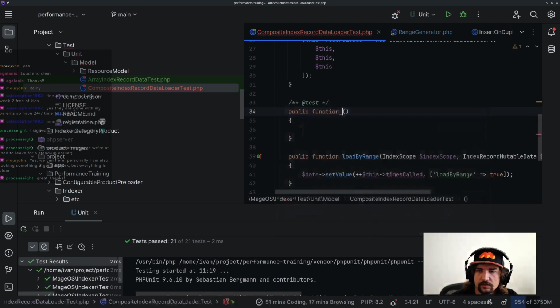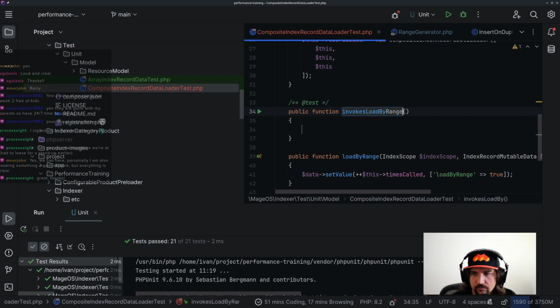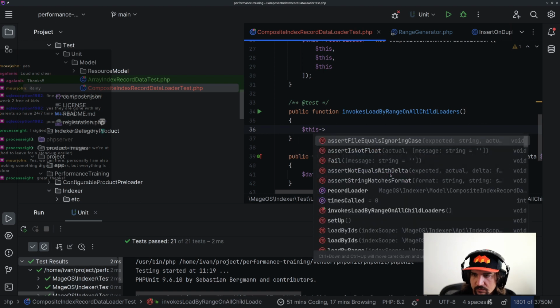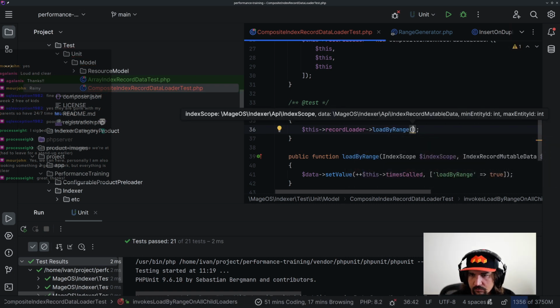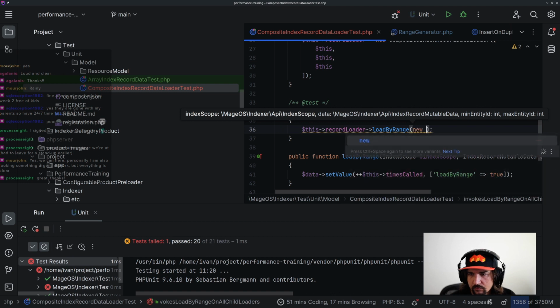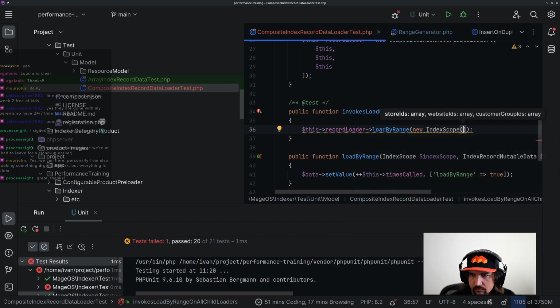So we're gonna create a test here that's gonna first of all load by range and invoke load by range on all child loaders. Okay, and then this record loader load by range, new index scope, empty arrays, and then